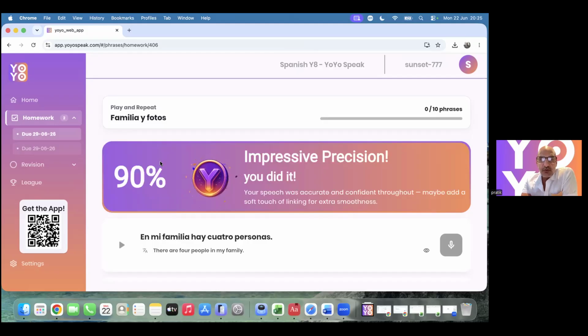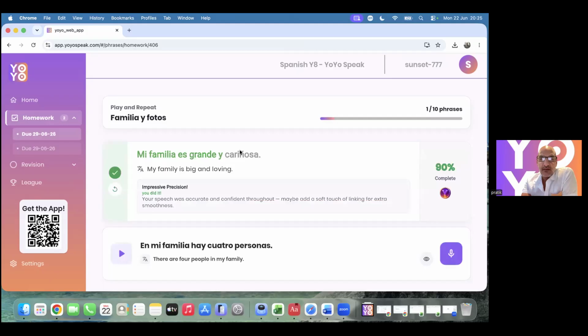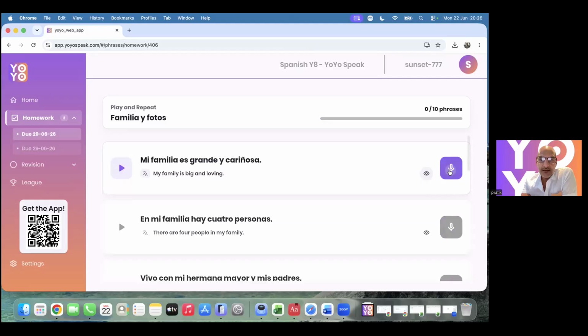So it gave me a good score, but it's hopefully picked up the pronunciation failing on cariñoso. If you can see here, it's grayed it out. So it heard it, but you can tell that it wasn't precise. That answers your question. And this score here, where it passes it, is actually set at an individual school level, and I will show you that in a moment. So it could hear the word, but it's grayed it out because the pronunciation wasn't great. So then a student would have the ability to try that again.